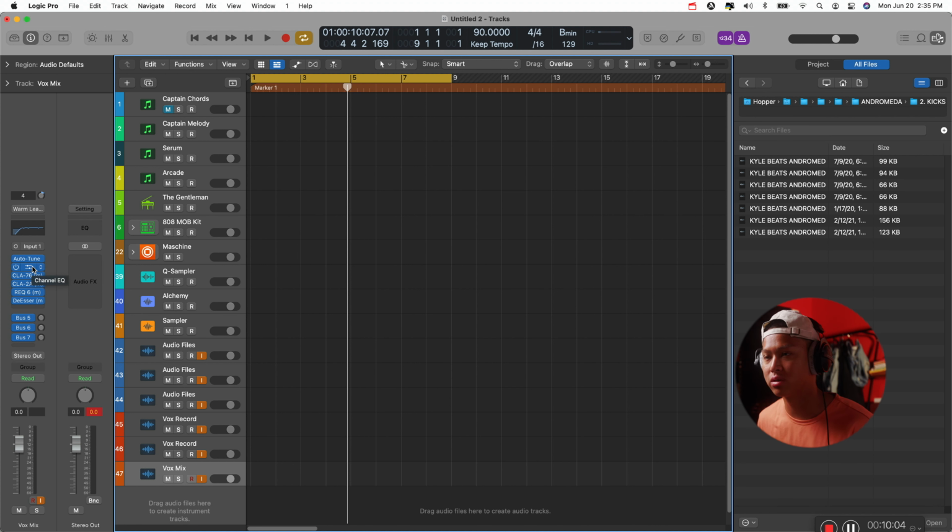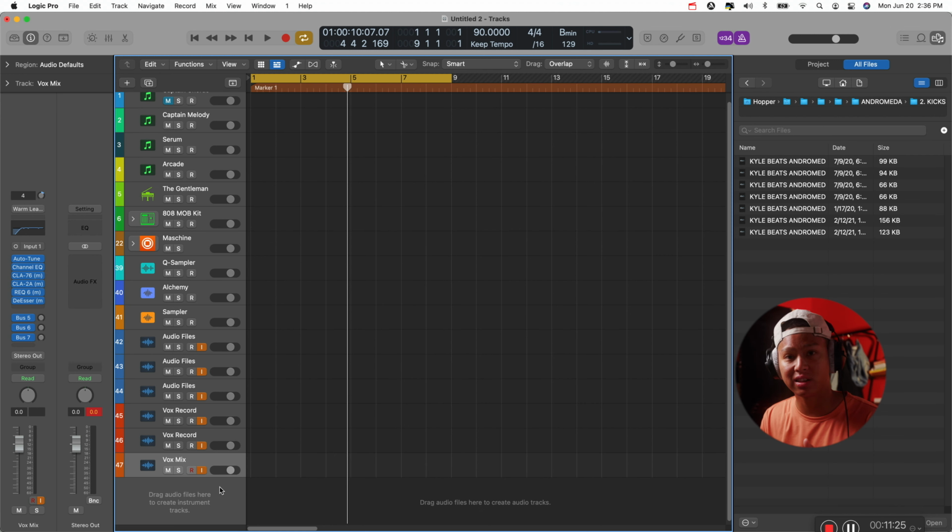So I have my auto-tune, EQ, compression, more EQ, some de-essing, and then routed automatically are my reverbs. Then I have my parallel compression and then some delay if I'm going to use delay. And that's it. That's all of my go-to plugins, and that's kind of how I like to set up my template just to get started with an idea as fast as possible.